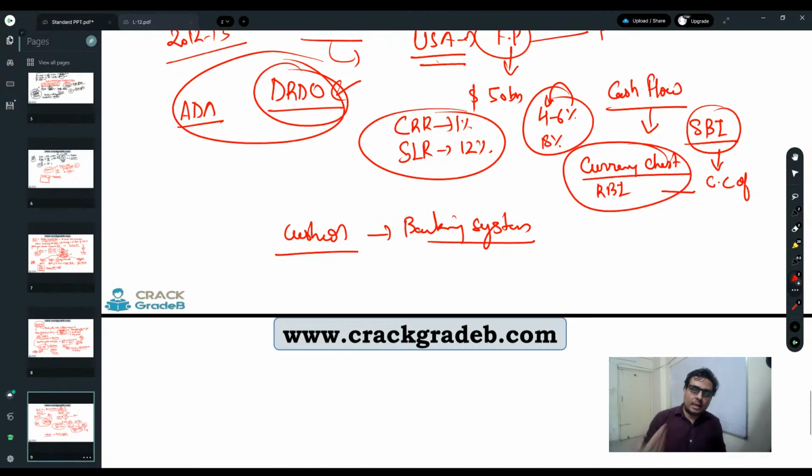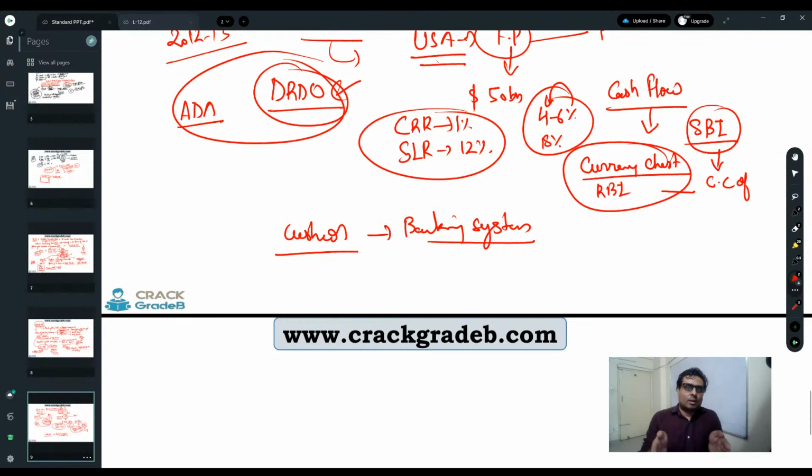So in case of any panic, the RBI will immediately instruct SBI and other banks, because the cash issue is there. They will immediately mobilize that cash to the areas where such panic is being created, and at the same time the government, finance ministry, and RBI will send a statement to the media that there is no need to panic, that there was some mishap or some technical error, as people generally explain.